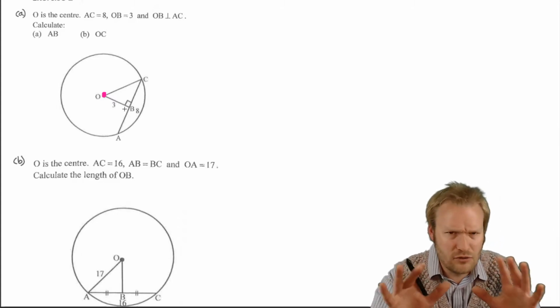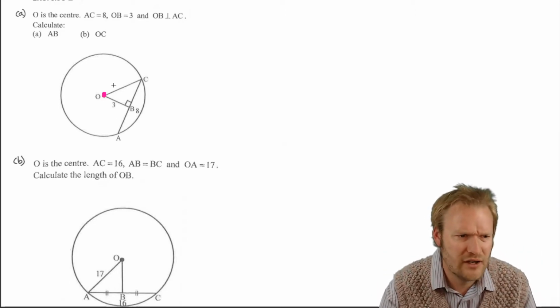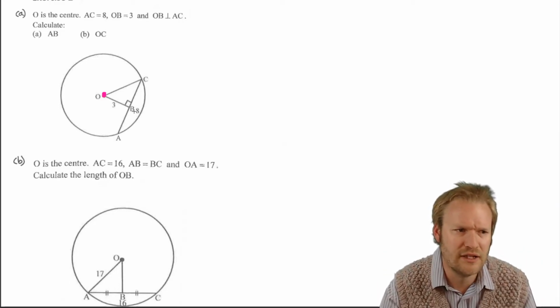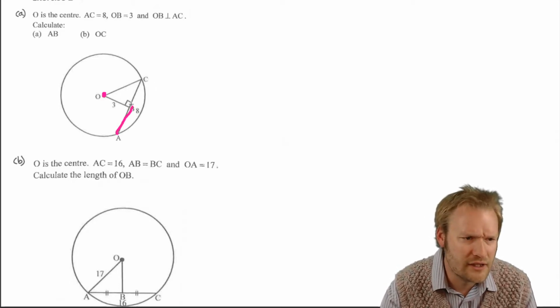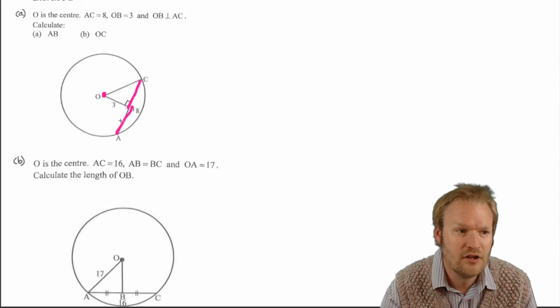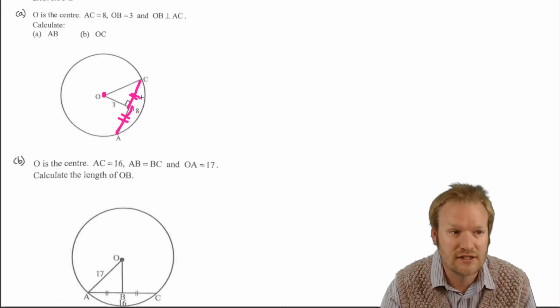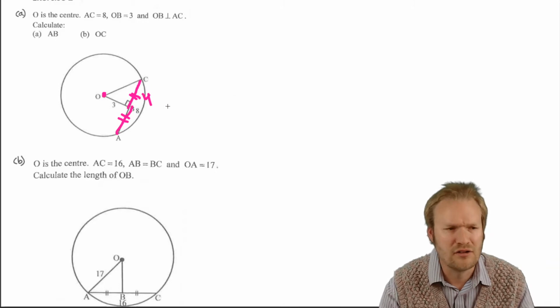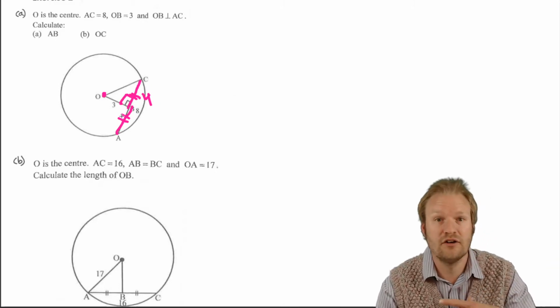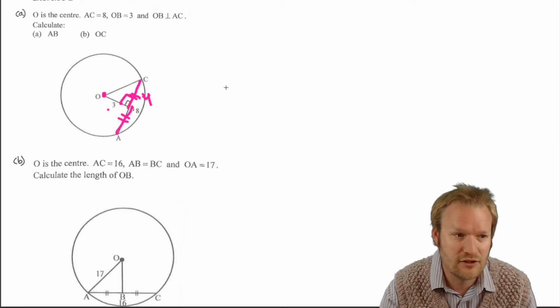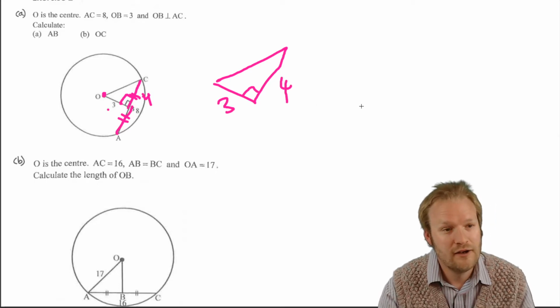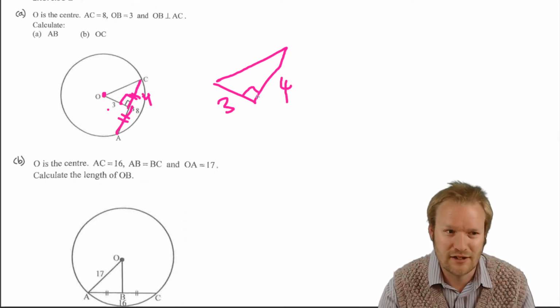work through it. Just tell me, write down quickly, what's the essence of this question? How do you work out AB and therefore OC? Well, for AB is just going to be half of that one because that's equal to that. So if the whole thing's 8, then that's going to be 4. Reason? Well, we were given the 90 degrees, so our reason's perp from center to chord. And if we got 3, 4, and a right angle triangle, so just to cut that bit out, right angle 3, 4, probably not the first time you've seen a right angle triangle with side lengths 3 and 4 and